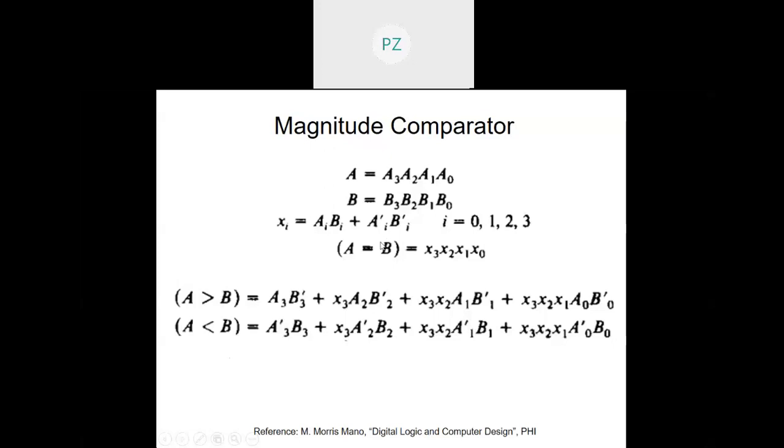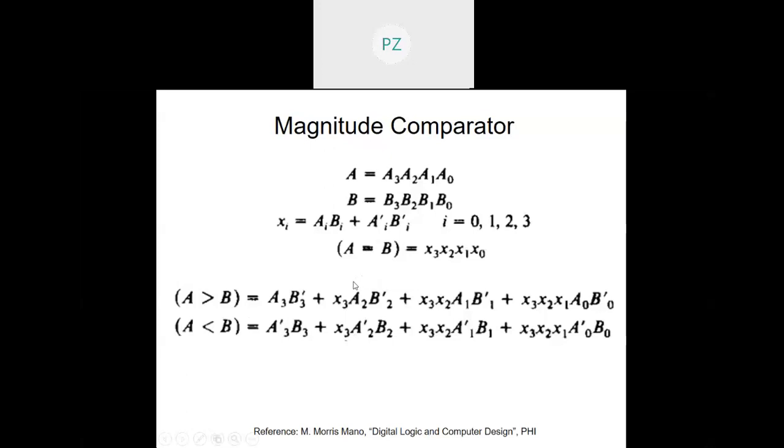So I've obtained all three conditions by these expressions: A equal to B, A greater than B, and A less than B. In fact, I remember in our school days we were taught this is one of the very basic postulates of mathematics. I'm not talking about Boolean algebra. Given two numbers, they can be either equal, or one may be greater than the other, or one may be less than the other. So these are the only three conditions, and we have checked all three conditions using our beautiful Boolean logic, right?